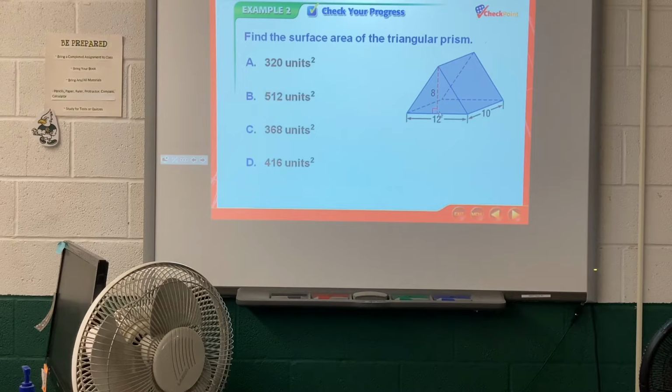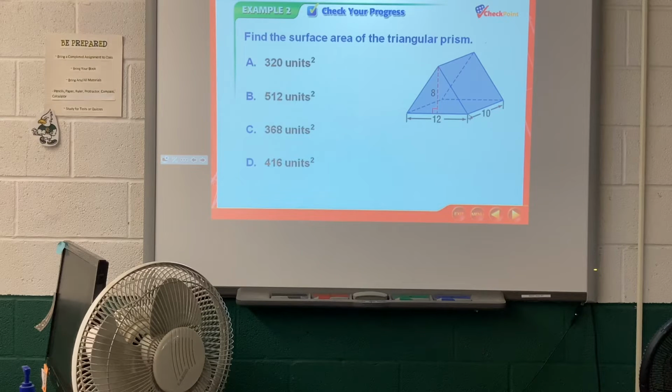Another way, if that totally confused you, then I would do Pythagorean theorem right here. So I know when I draw this red line, what does it do to 12? It makes this 6, right? So then I got 6 and 8, and then I can find my hypotenuse. Your hypotenuse has to be 12 for it to be equilateral. So it's 12. So in this case right here, 36 plus 64 is,